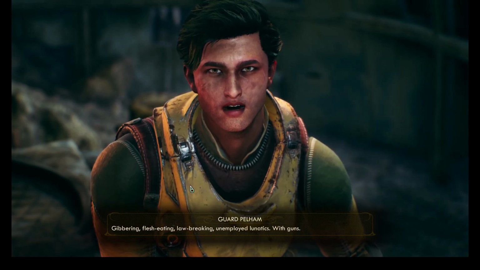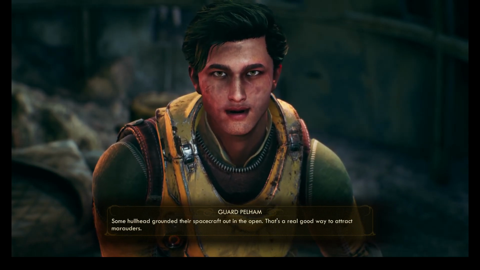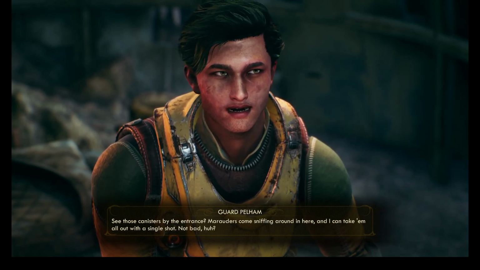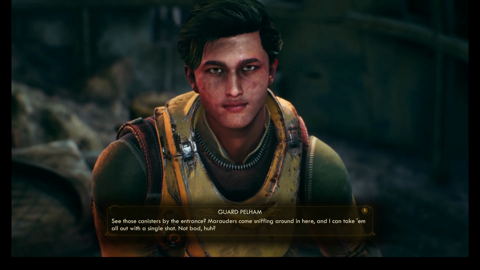Gibbering, flesh-eating, law-breaking, unemployed lunatics with guns. Some hull had grounded their spacecraft out in the open. That's a real good way to attract marauders. See those canisters by the entrance? Marauders come sniffing around in here, and I can take them all out with a single shot. Not bad,